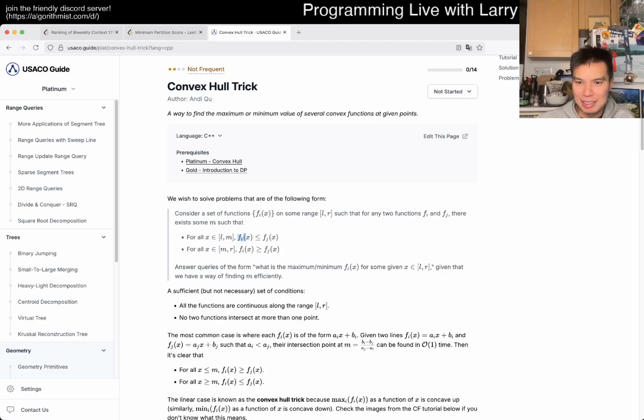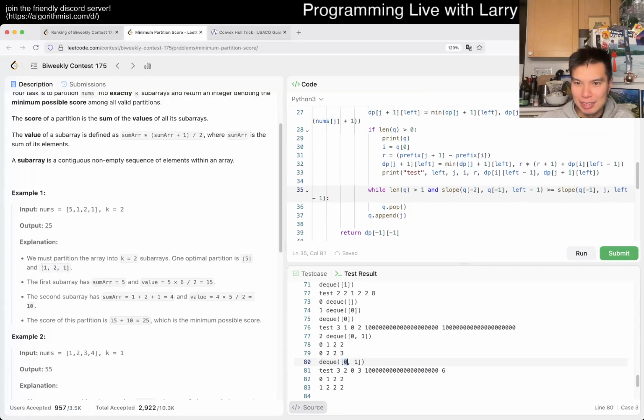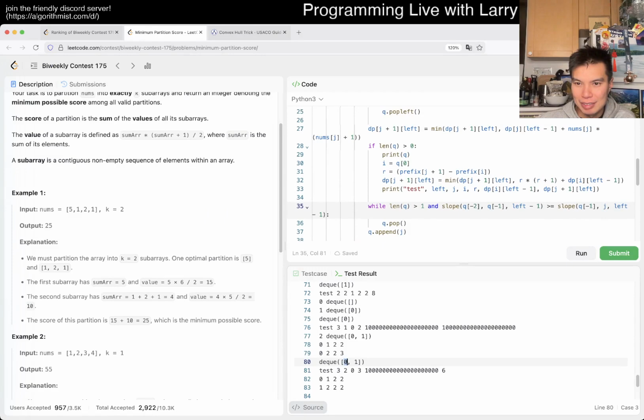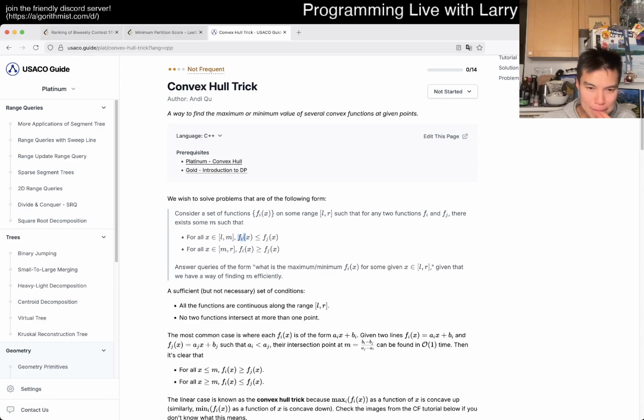Is f of I just this part? Oh, set of functions, okay. Oh, I see. So f of I and f of j is just functions on the range, which means